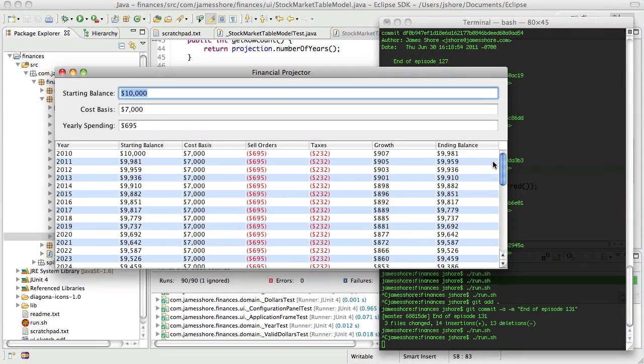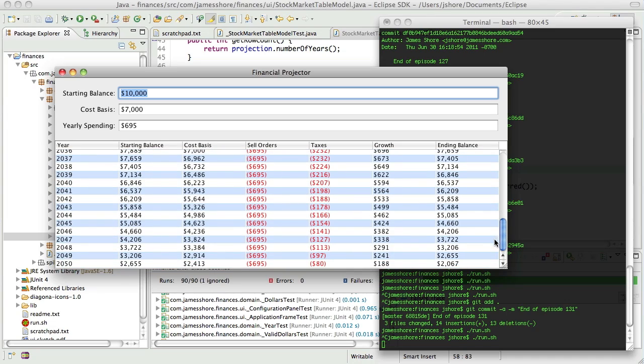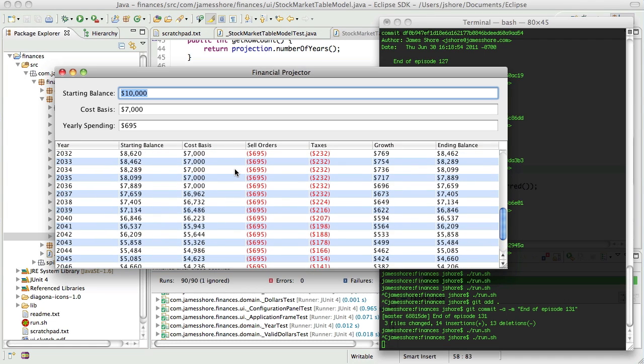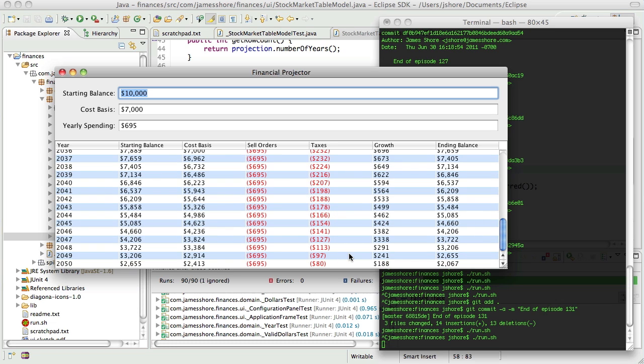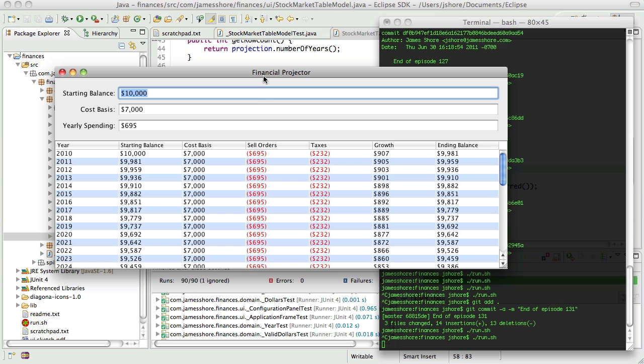All right, and that cost basis, I think it's kind of important to be able to see that, because as you start selling, once you get below a certain amount and you start hitting into that, it becomes relevant because it affects your taxes. Yeah, I think that's probably good enough. Okay, so